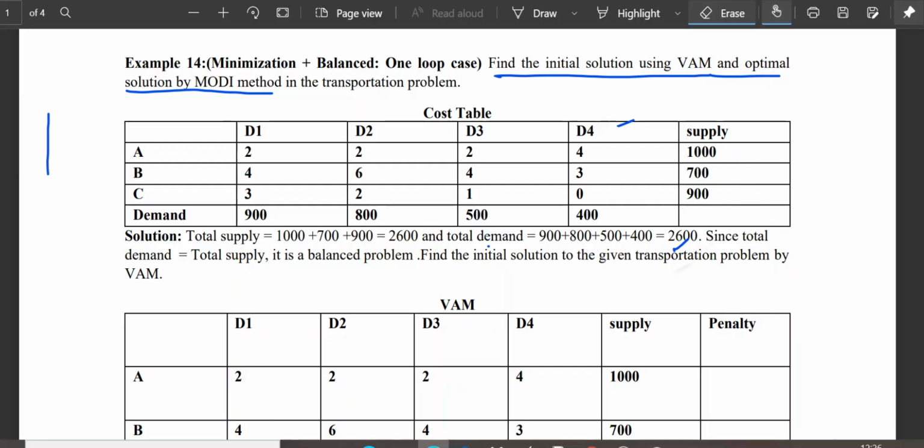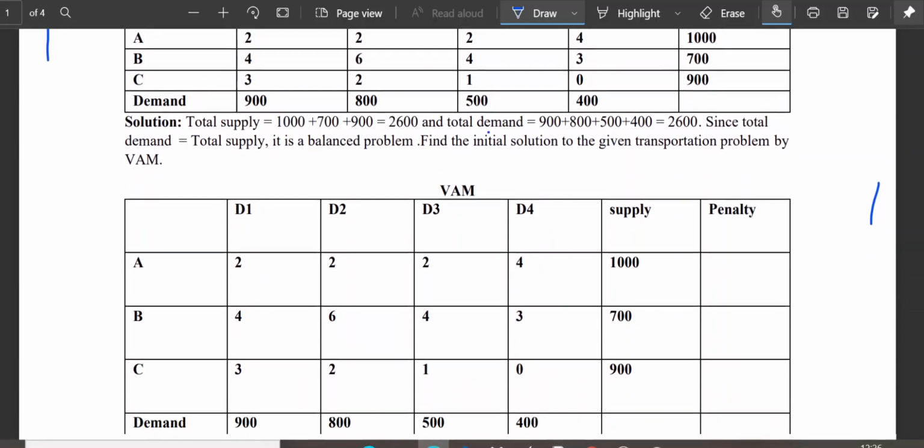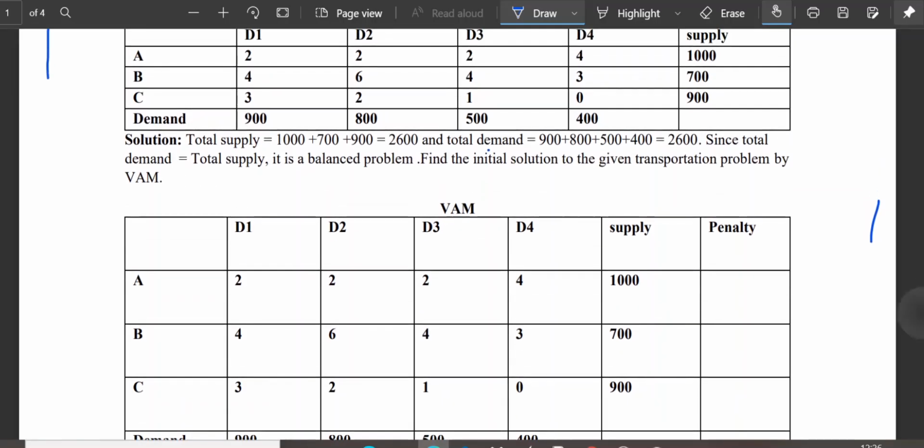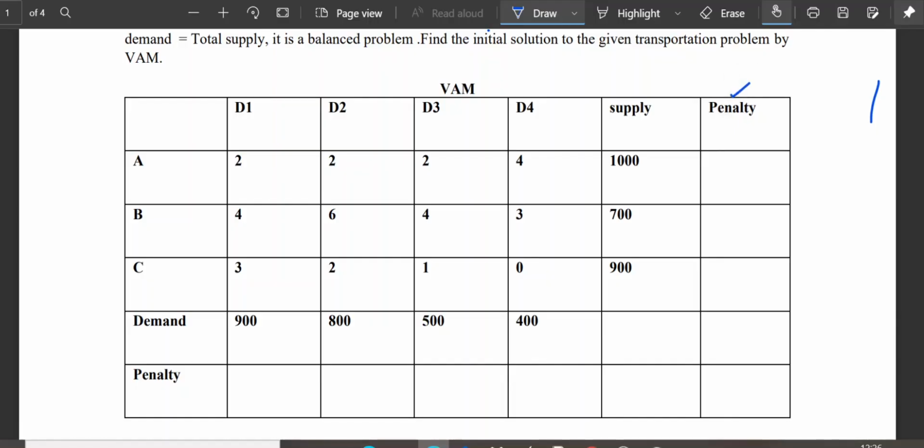It means that we can apply various algorithms of the transportation problem. So we will first find out the initial solution by VAM as I explained it in the previous videos. So we will first make a table. We will copy down the question. You all know that in VAM we have the column of penalty here and we have another row of penalty here, right? So if you can recall, penalties are calculated by taking the difference of minimum and next minimum in each row and each column.